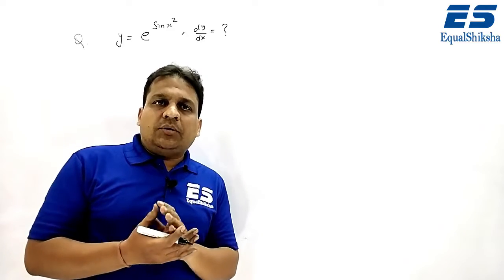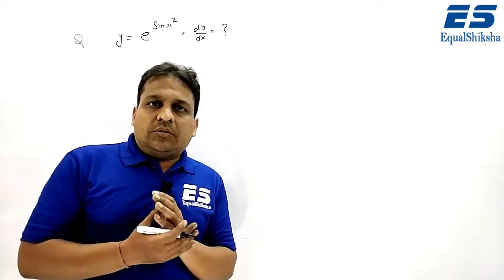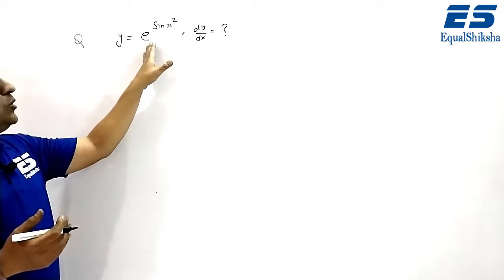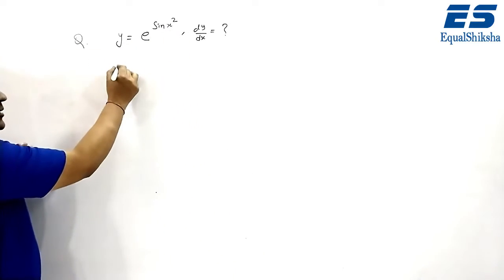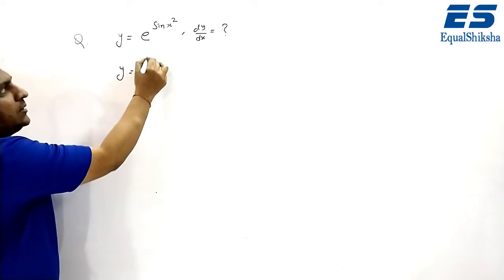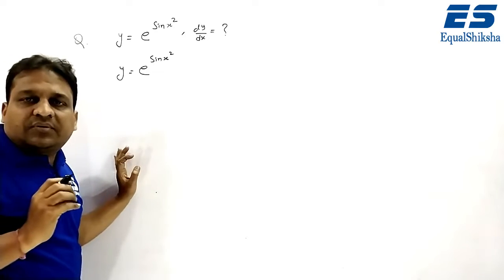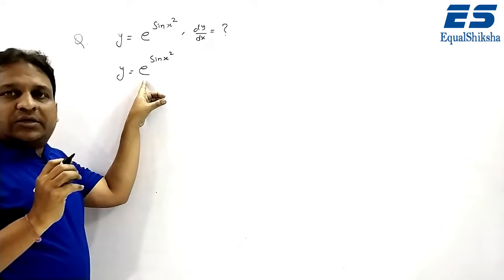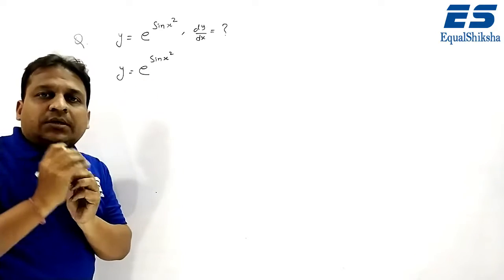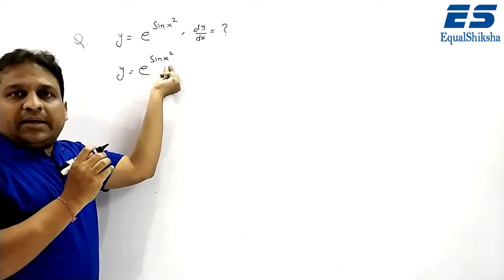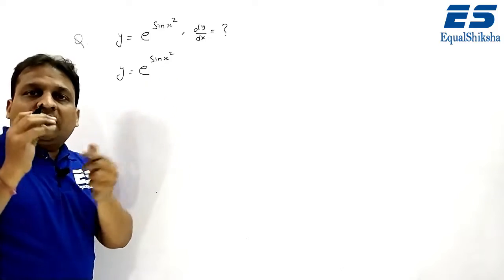Students, now we are doing the next question on chain rule. It means there is a function of a function, and the question is y is equal to e to the power sin x square. देखिए आप ध्यान से, यहाँ पे क्वेश्चन इज y is equal to e to the power sin x square. This is not a standard function. Here e is exponential and the standard function for e is e to the power x, but here it is e to the power sin x square. It means this is a function of function.